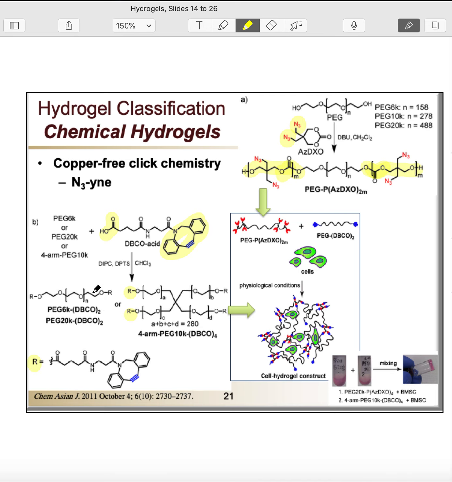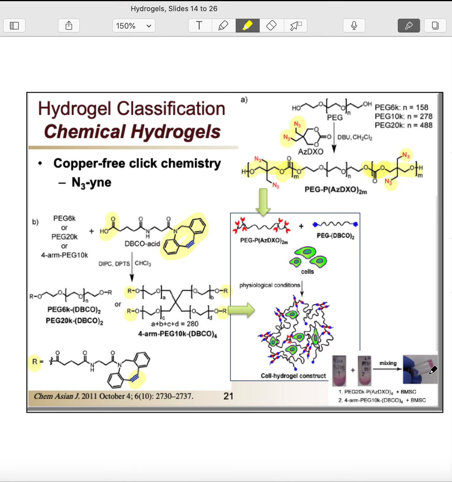So once we have the functionalized polyethylene glycol here, which is functionalized with the alkyne molecule that we need, and here we already have the tri-block copolymers that have the A side groups, then they could put those together in the presence of cells under physiological conditions and enable the gel to actually form. In this particular case, they were using bone marrow stromal cells,